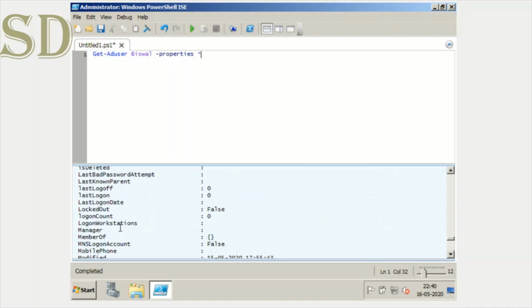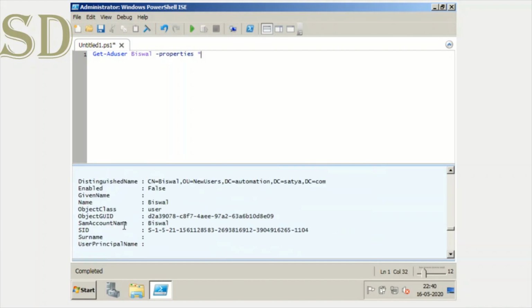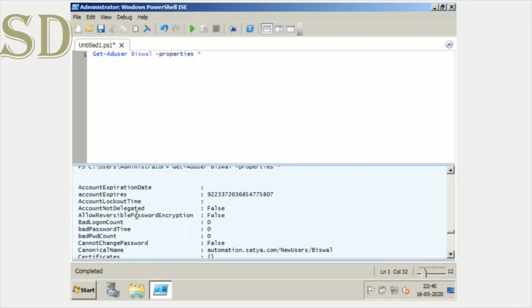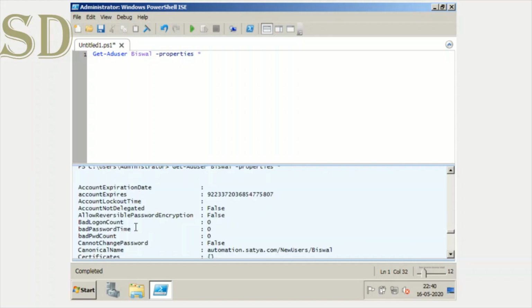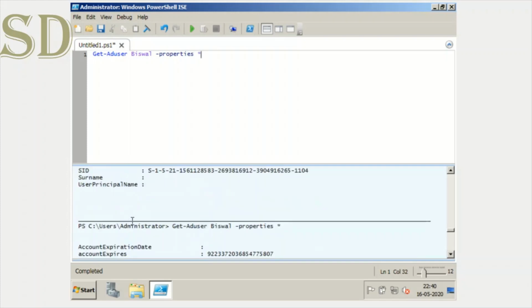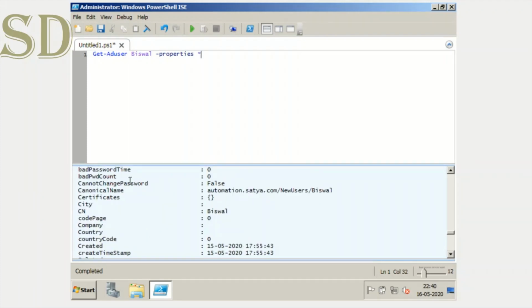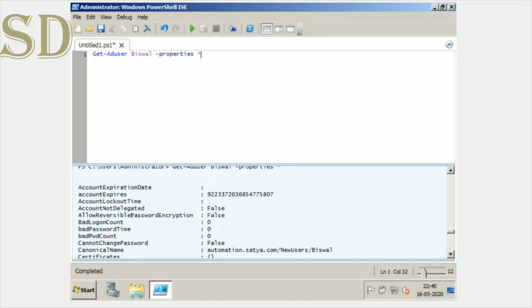These are the details of one user. The user's name is Vishwa, and you can see the account expiry date, and what the account expires. If the date is set, it will show as an encrypted number. Account lockout time, no account delegated to anything, how many times the user typed a wrong password.